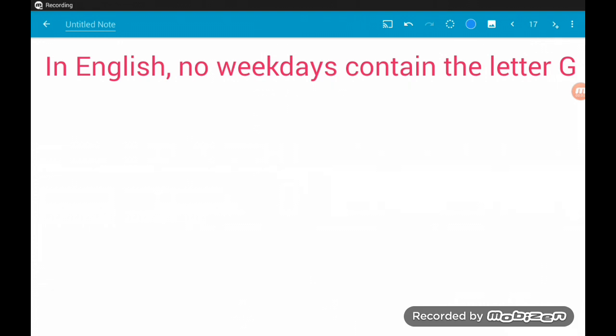Okay, so here then, the statement that we want to prove true is that in English, no weekdays contain the letter G. So we want to prove this by exhaustion. So first of all, how many days in the week are there? There are 7. So we need to test all 7 days to see whether or not any of them contain a G in their name. So first up, we have